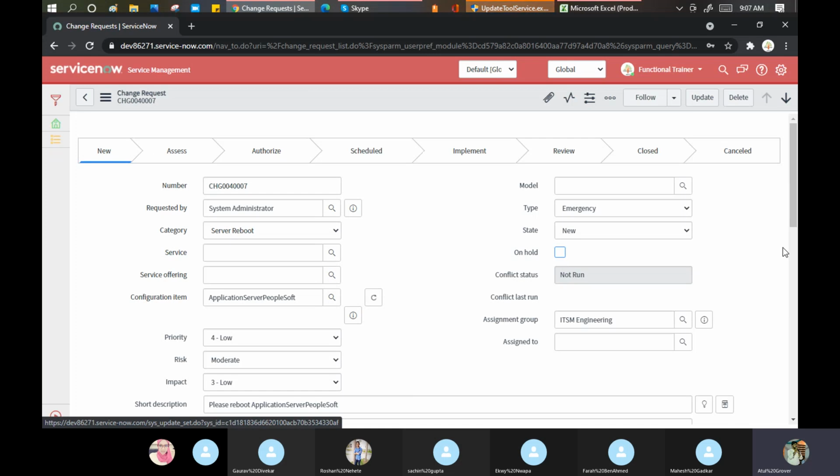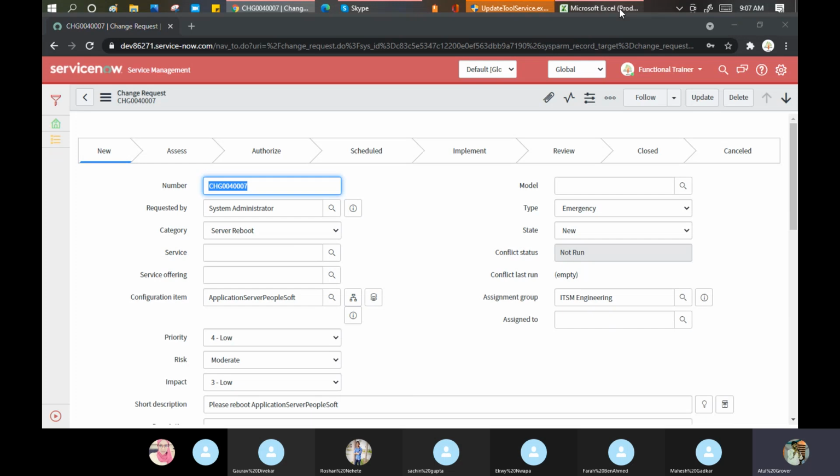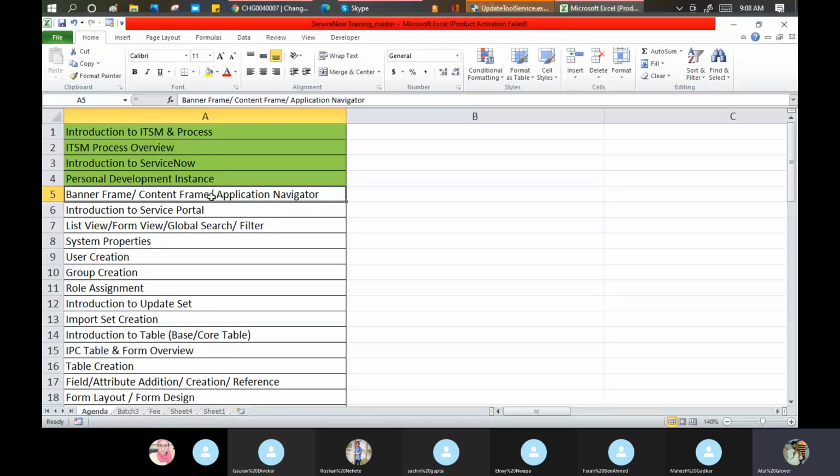Why are these things important? Because when you work in your day-to-day operational life, you're dealing with the customer, the resolver groups, the end users, and the management. So you should be able to use the correct terminologies given by ServiceNow. This is my record view. It can be one record or multiple records; you can open the records one by one as well.